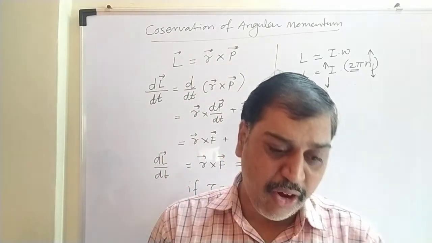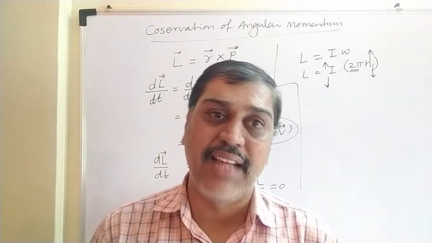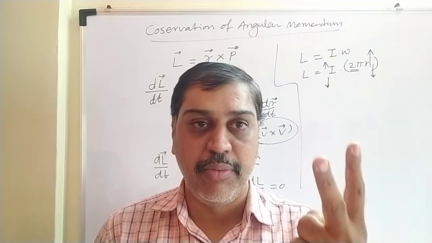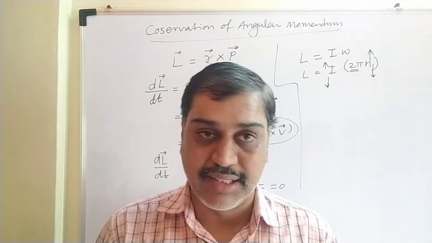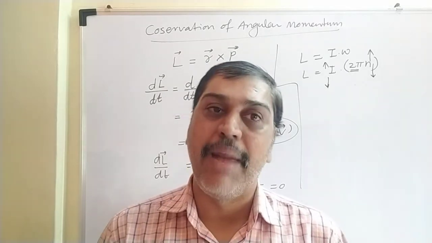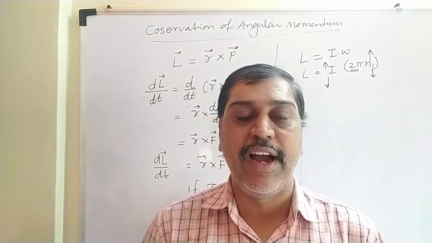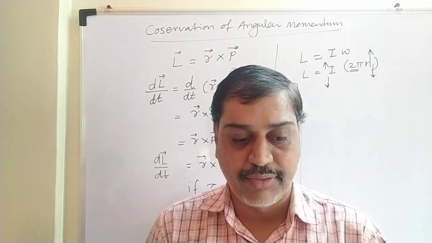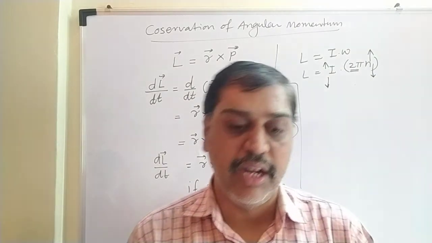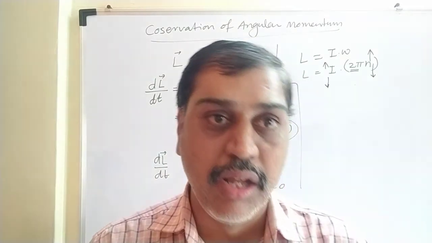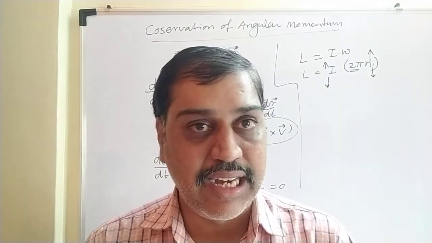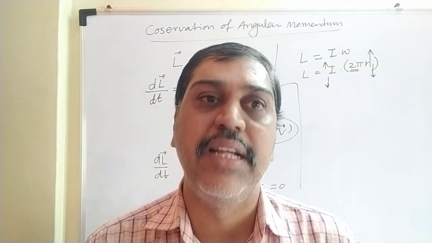For all these things, they have given the value of moment of inertia. Any formula from this can be asked as an MCQ, or any 2-mark numerical can be asked on any of these. Might be a cone will be given, might be a solid sphere, hollow sphere, or cylinder would be given, and you have to find the moment of inertia. You have to use this formula. So it is very essential to learn each and every formula from this table to find the moment of inertia. Is that clear? In this fashion, we have completed the chapter.